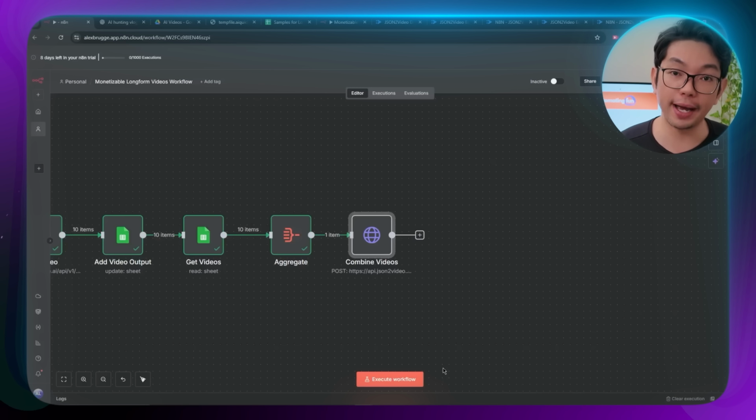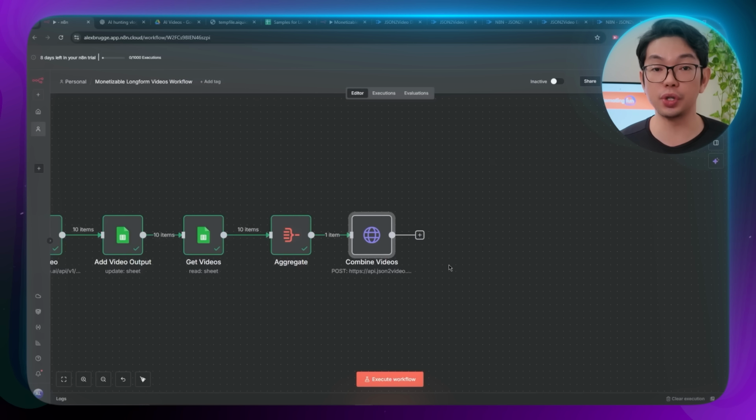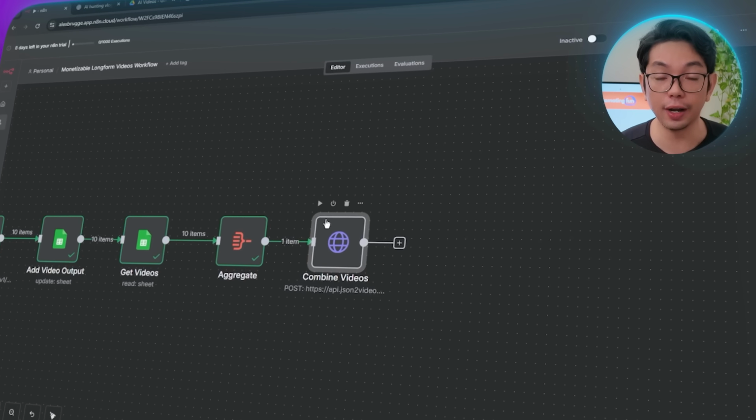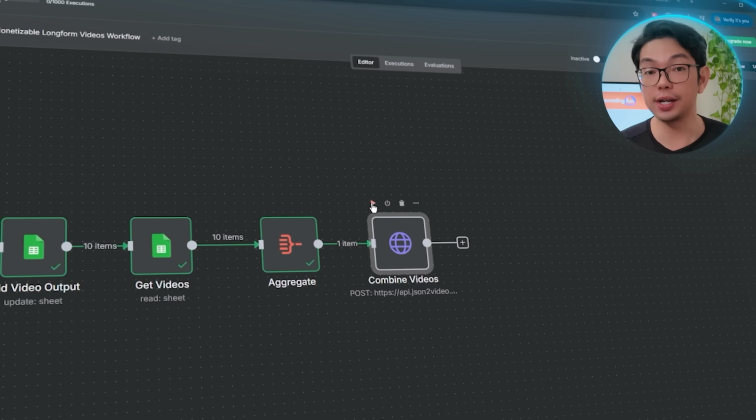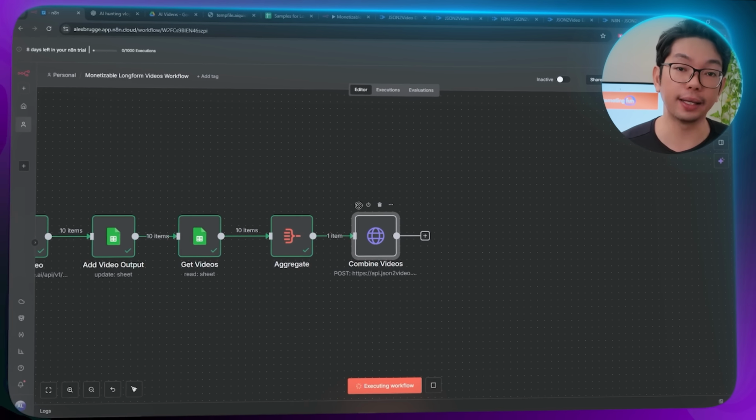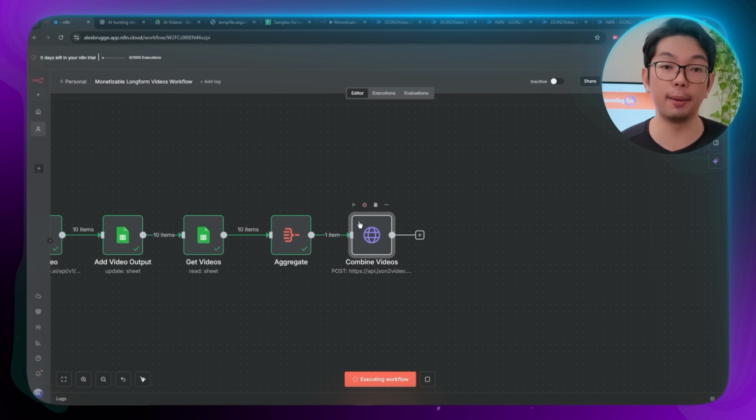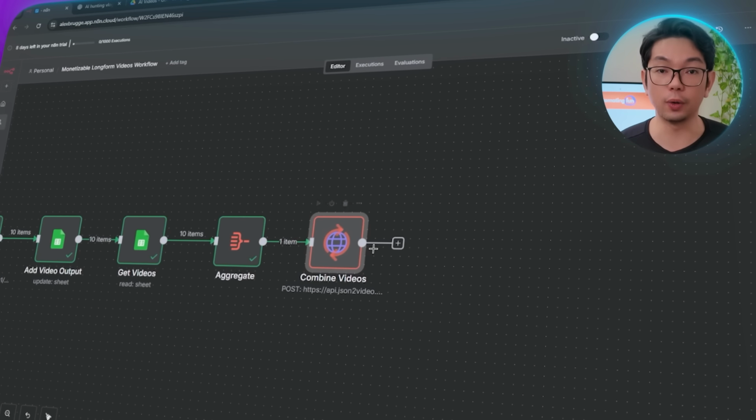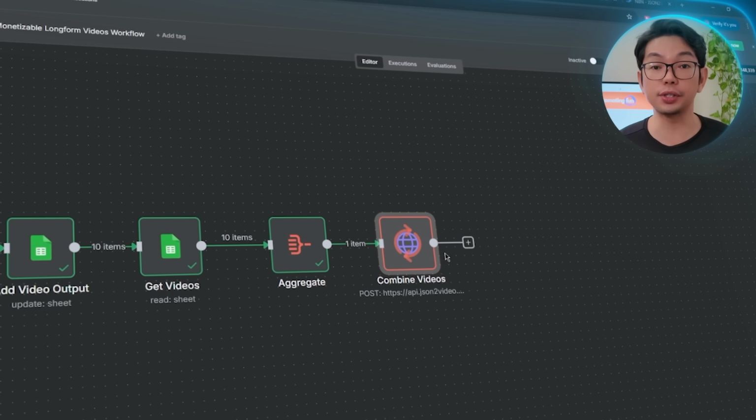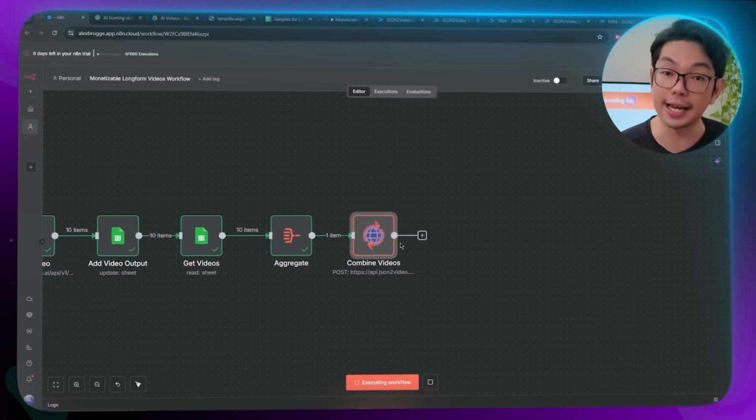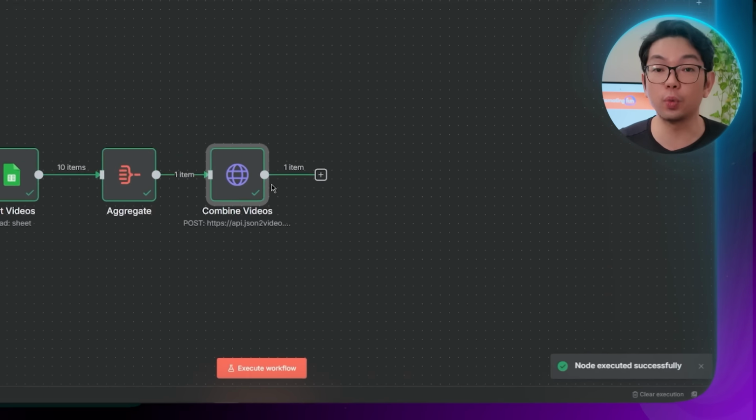And we're going to start by selecting the combined videos node that we configured earlier and click execute node. JSON to video will begin compiling our clips based on the template setup. You'll know it's working when a successful response appears with a task ID and a confirmation that the rendering has